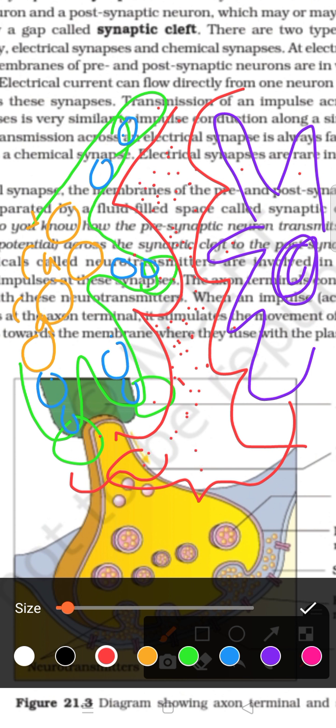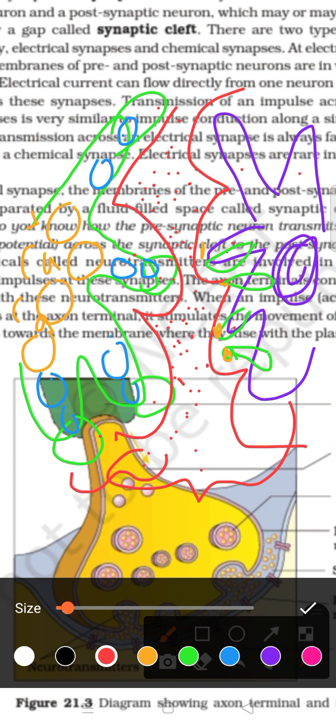Okay, now if you remember, I told you about some channels. One channel I told you about was the ligand channel. The ligand channel is very important, children. Suppose these channels are present here. Okay, which channels are ligand channels? Those channels where, if any chemical attaches here, the ligand channels open. You know it very well, and I already told you that.